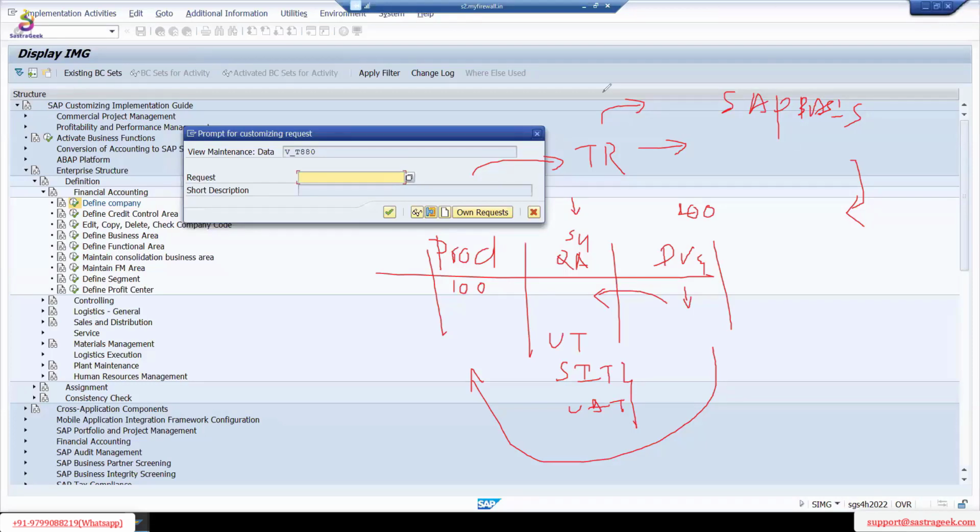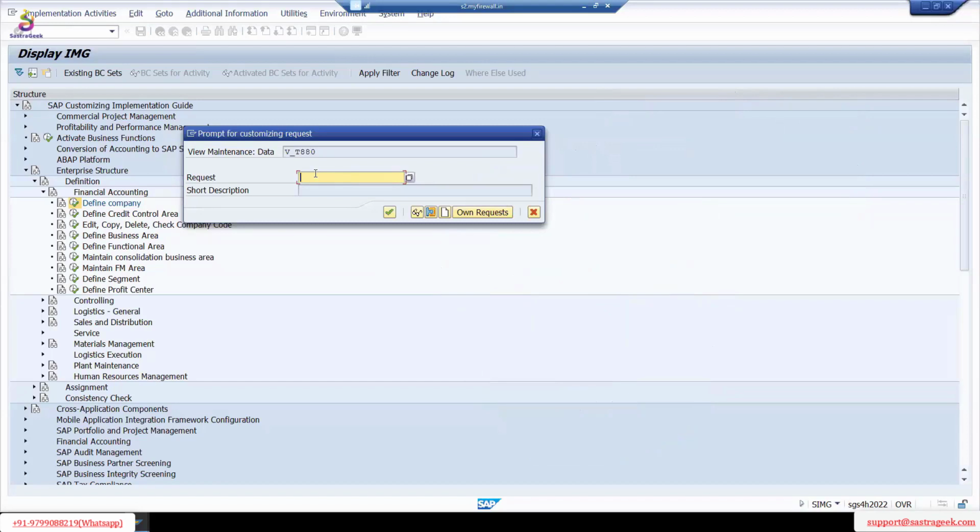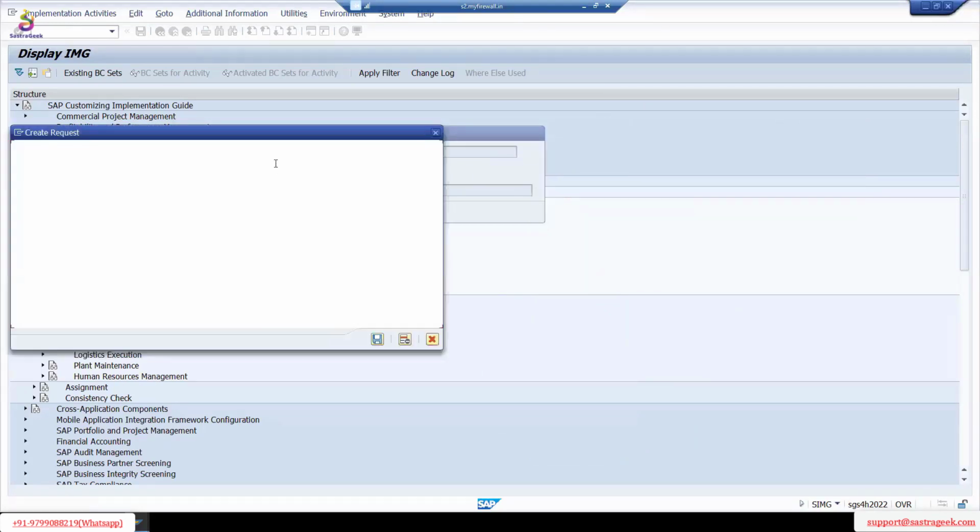So how can we do that? If I want to create one transport request, go to the white screen, create a request,